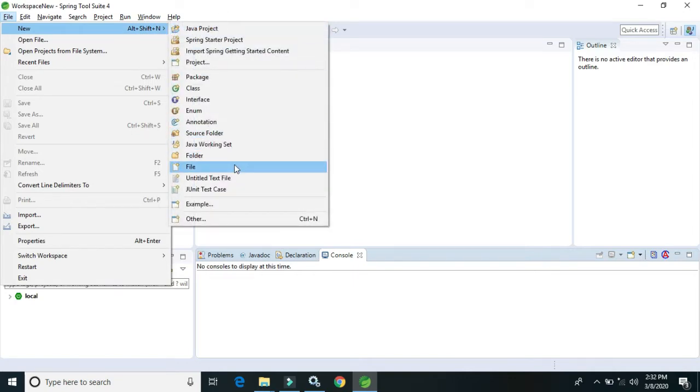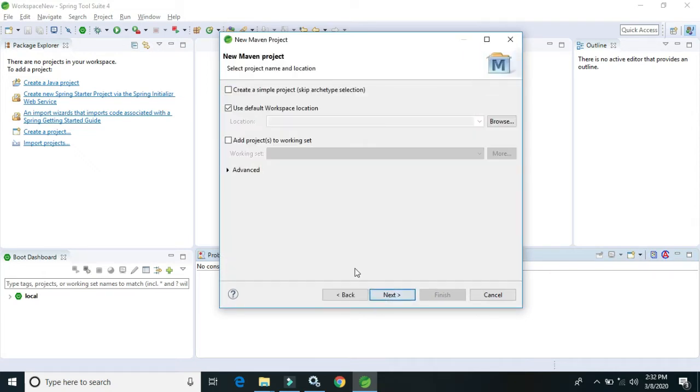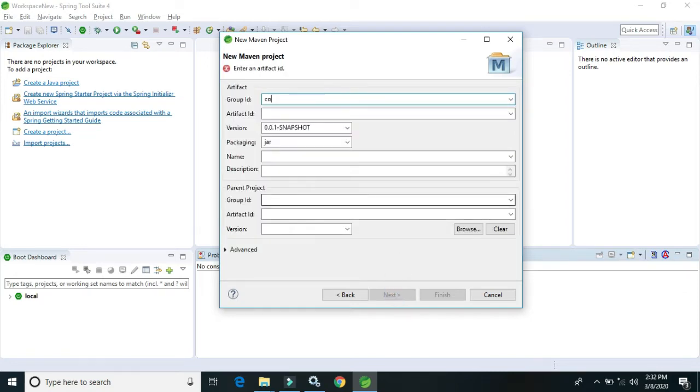If you are not finding the Maven option, we have to go to the other option and you will get it inside there, the Maven project. Click on the next button and here we have to skip because I am not using any archetype. Just click on next and here we have to provide the group id